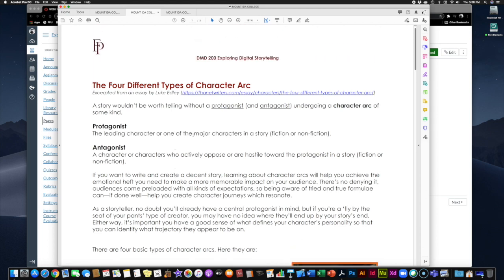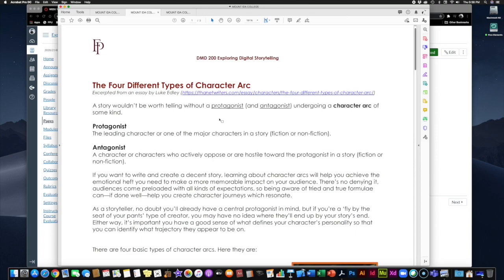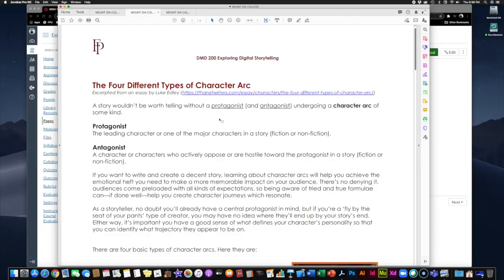And so the character arcs usually start with 2 main characters. There's a protagonist, which is our hero, right? And then the antagonist, who is not necessarily the villain, but could well be in opposition to the protagonist. They're trying to obtain the opposite thing the protagonist wants, or trying to stop the protagonist from getting what they want, right?